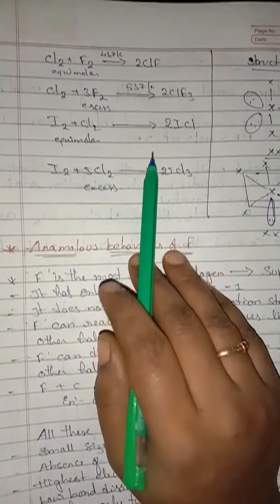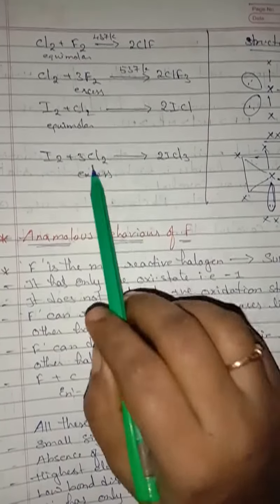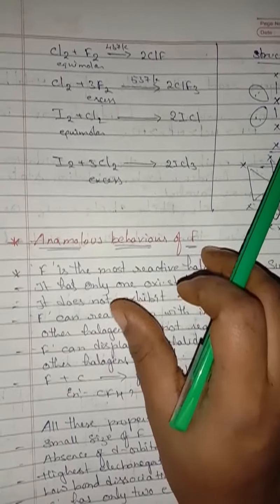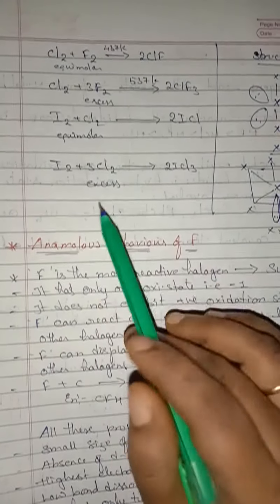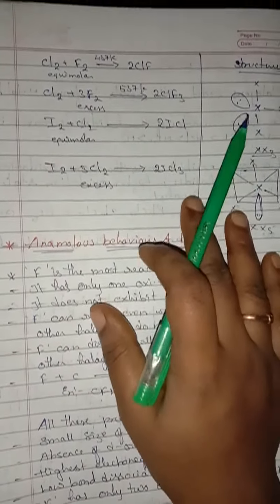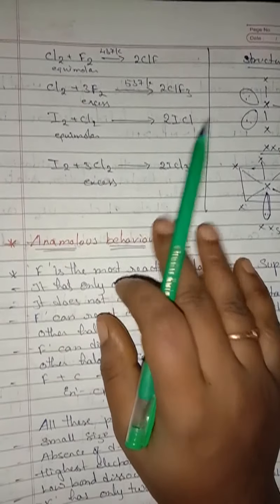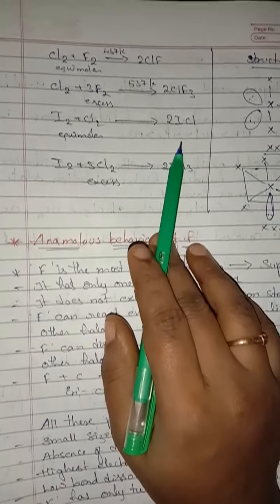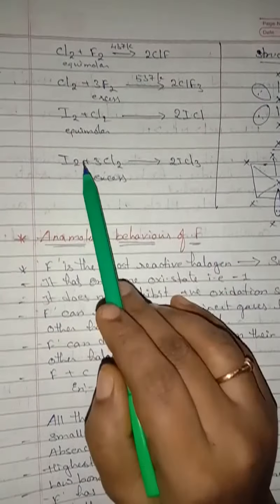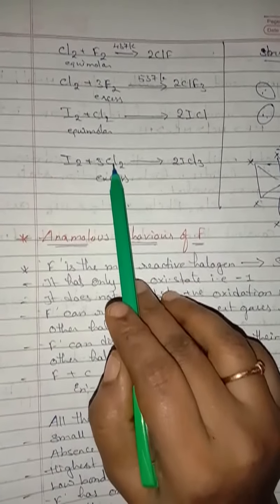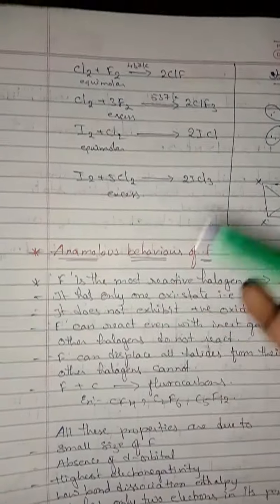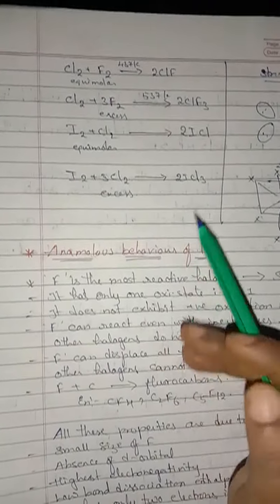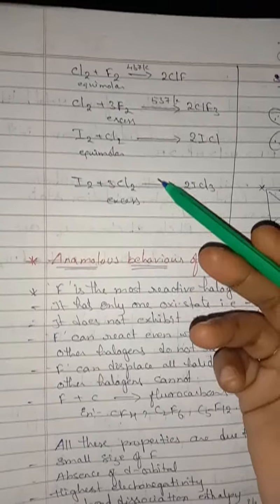Understand, children? So the physical properties of interhalogen compounds are intermediate between those of the constituent halogens, except that melting and boiling points are a little higher than expected. And the bonds formed in interhalogen compounds are heteroatomic bonds, which means both are different atoms. So these bonds are polar, and hence interhalogens are more reactive than halogens. Understand, children? So interhalogens are more reactive than normal halogens.